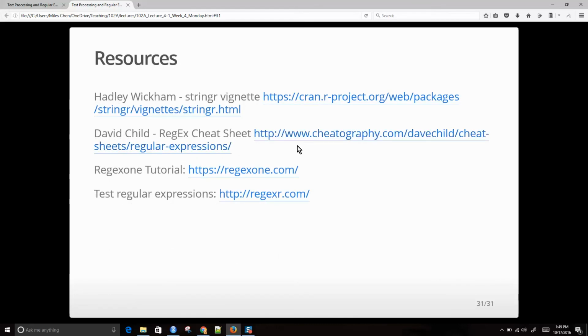Okay, and here are some more resources. There's a regular expression cheat sheet, Hadley's vignette on this, and then there's also some tutorials and things where you can test them out that are good. Okay, we'll